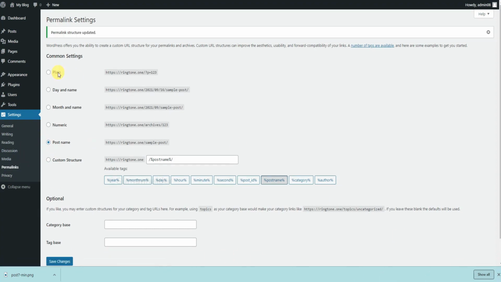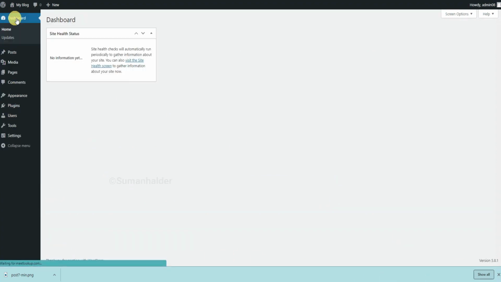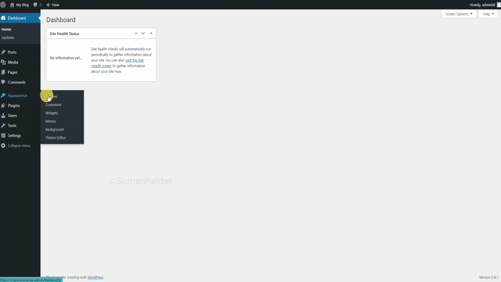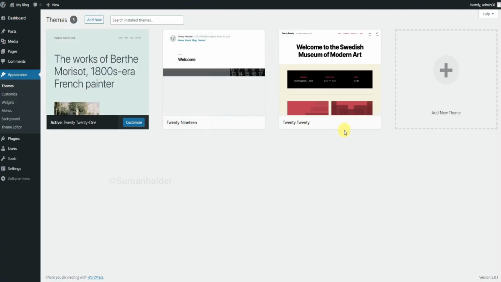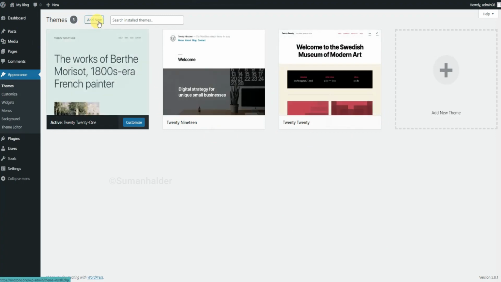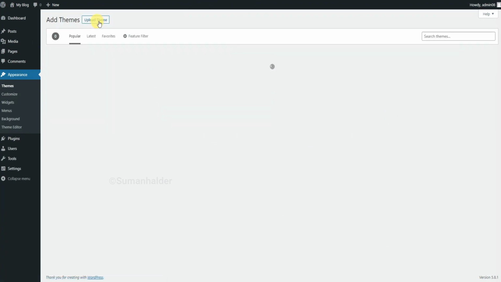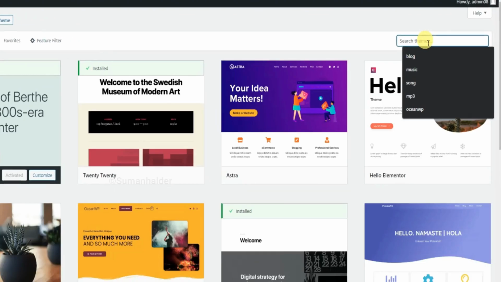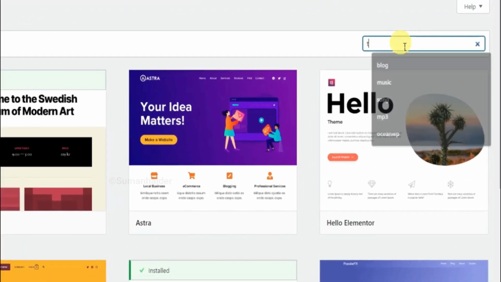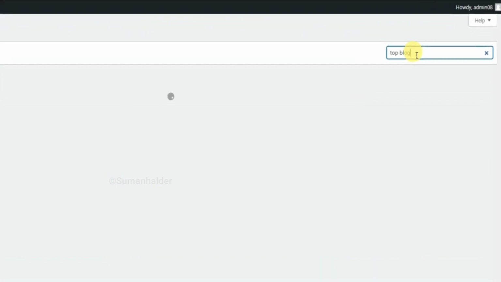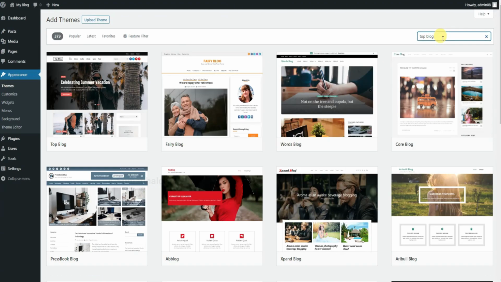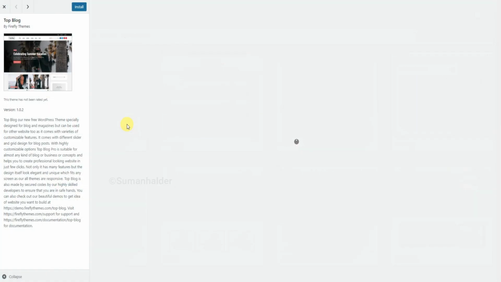Now we need a theme. So click the appearance option and click themes. Click the add new button and search top blog. You can see the top blog theme here and you can install it now.